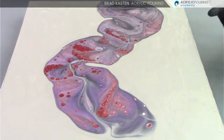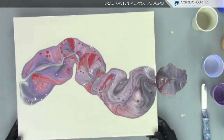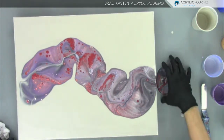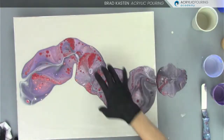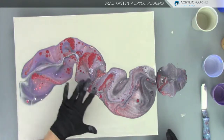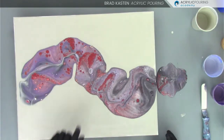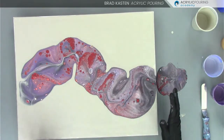So let's go back and I'll show you the top view. So here's our excess over here, but we have kind of an interesting path of paint happening. So what we want to do now, and you can see we have cells popping up. The cell activator is doing some interesting things. I want to start tilting this